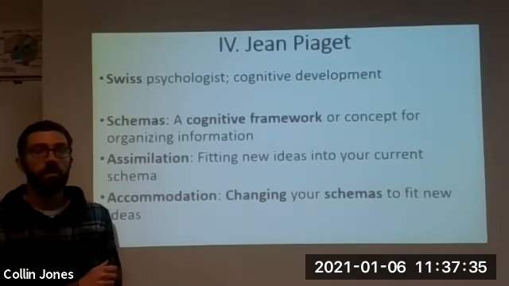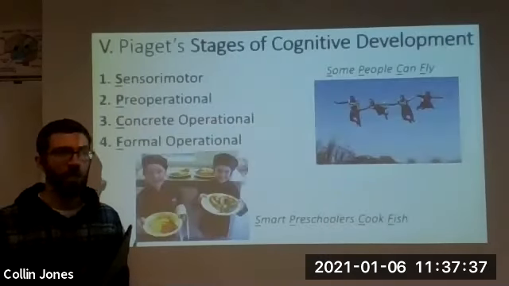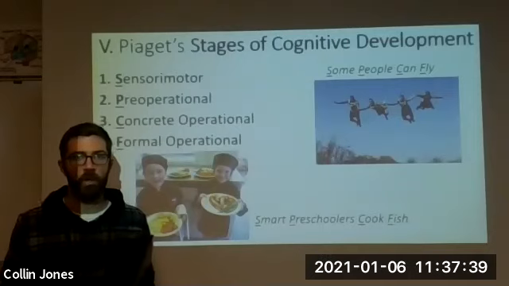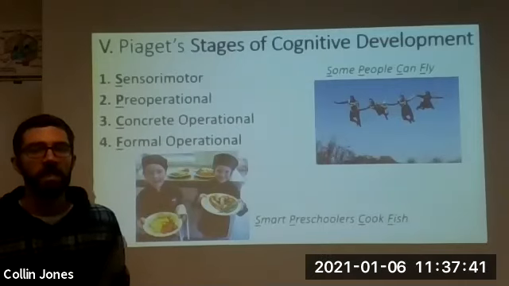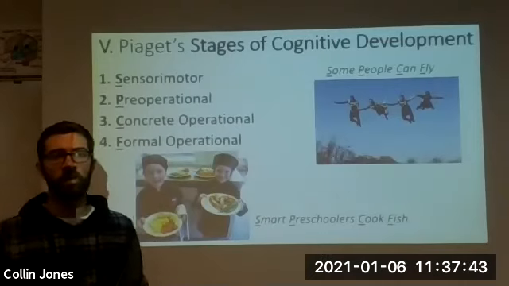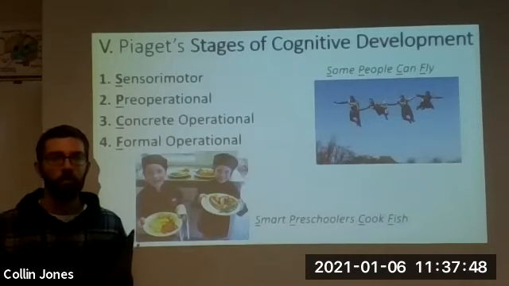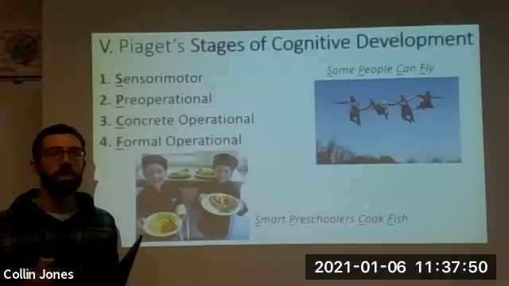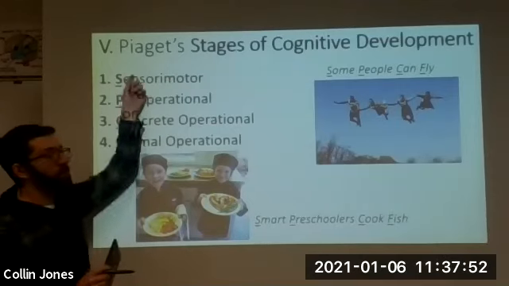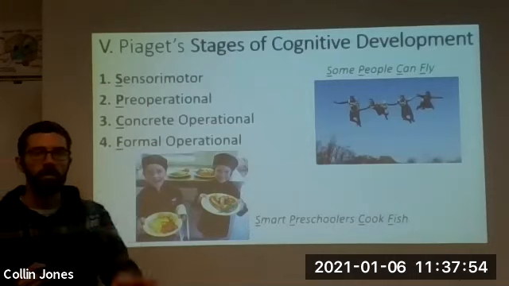Let's talk about some new stuff from Piaget. Okay, we're already on Roman numeral 5. All right. So some new stuff. He said that there are 4 stages of development, 4 ways that you can think about the world. The mnemonic, SPCF, represents the 4 stages. Okay, and we'll write some things about them in a second.